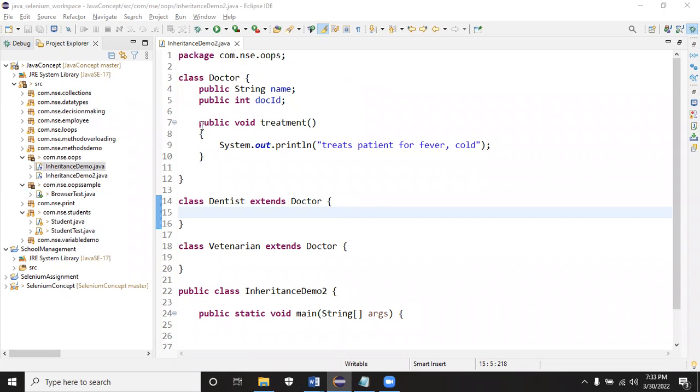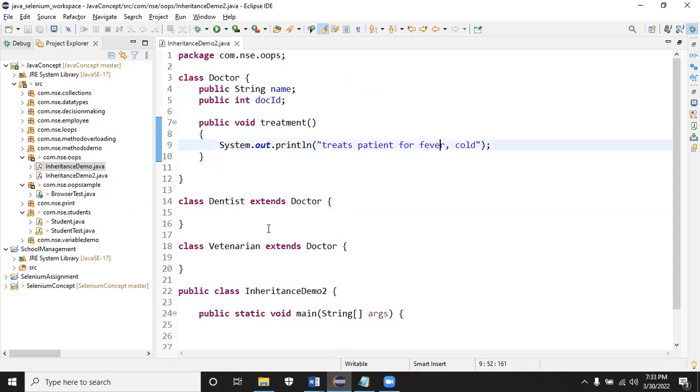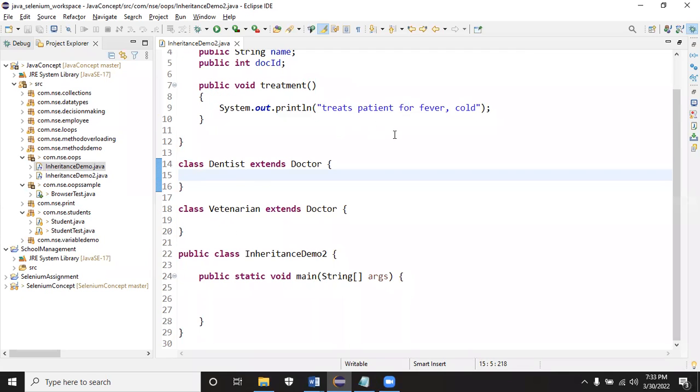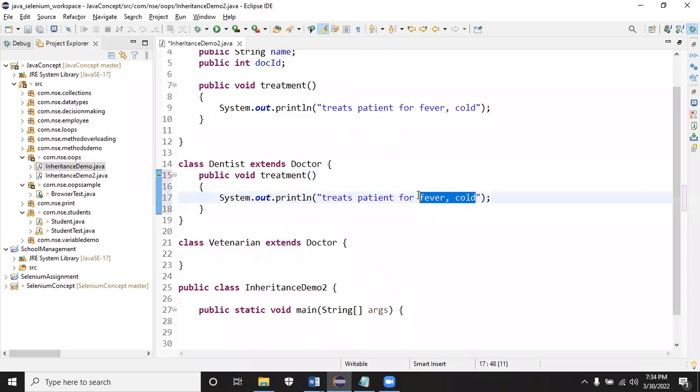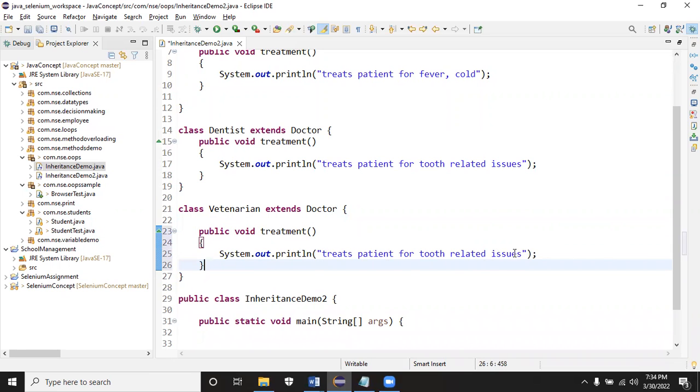So I have created a method called treatment in the class Doctor, where general treatment is what I'm going to give as a treatment. For dentist, it will be specific. The same method will be there, but the dentist is not going to treat fever and all. Tooth and those related issues. And then for veterinarian, the method will be the same. You can see it's the same method. But the concept here will be treating